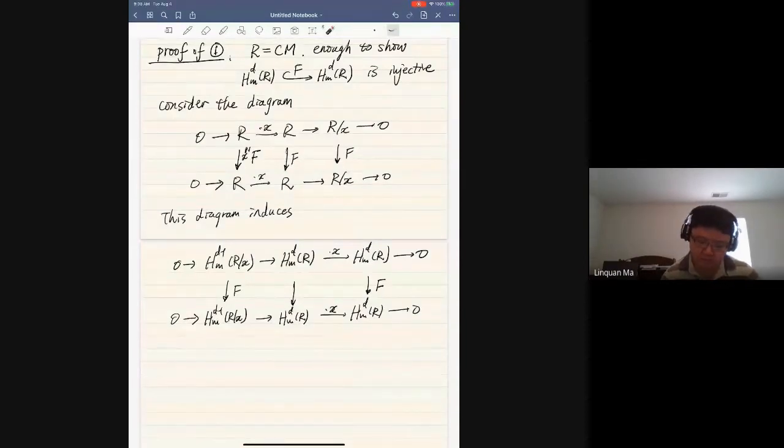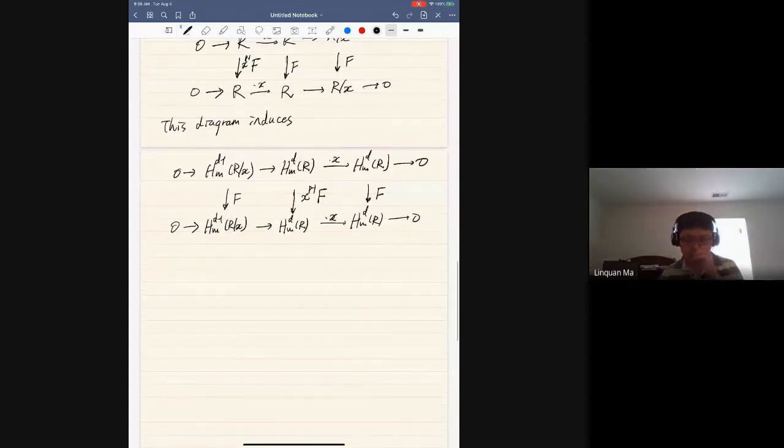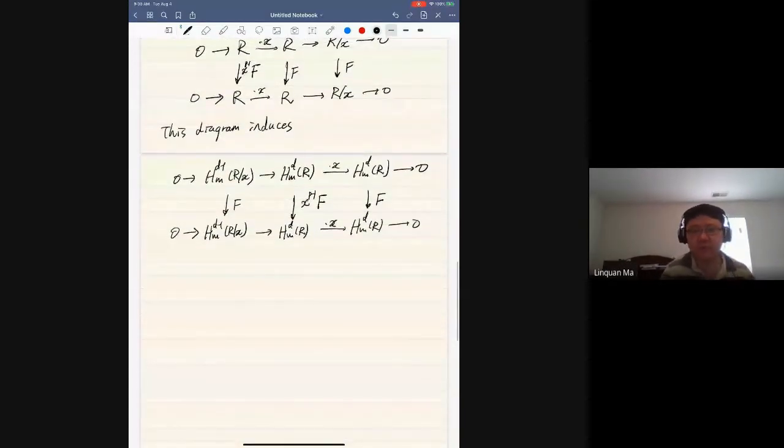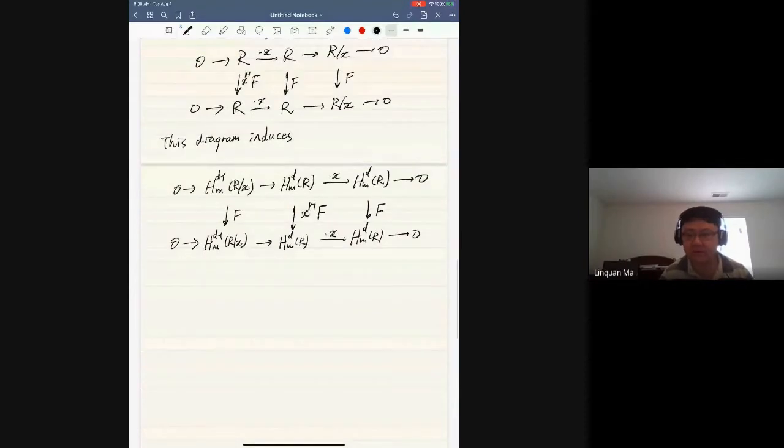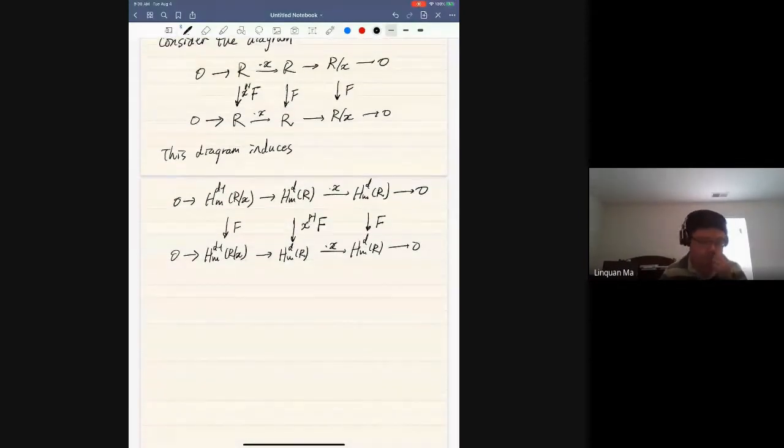So I should put the Frobenius composed with x to the p minus 1, so x to the p minus 1 times capital F. Now I have a diagram like this, and my assumption, remember, is that R mod x is F-injective, and I want to show R itself is F-injective. That is, my assumption is that this map is injective, and I want to show